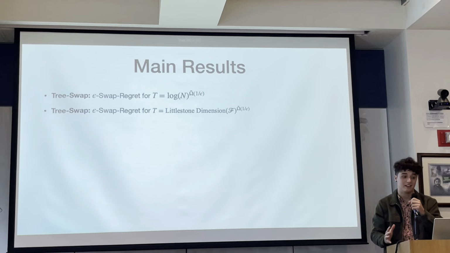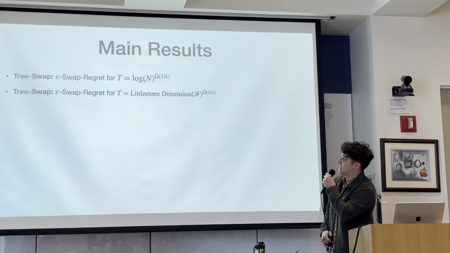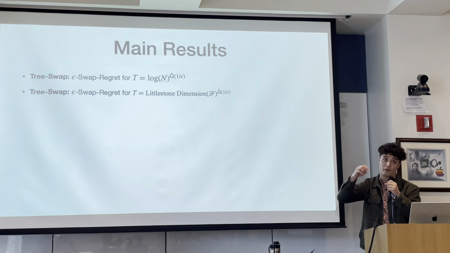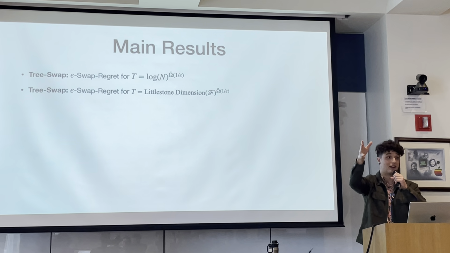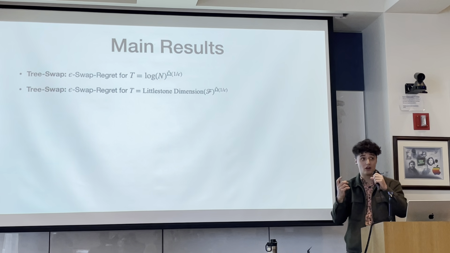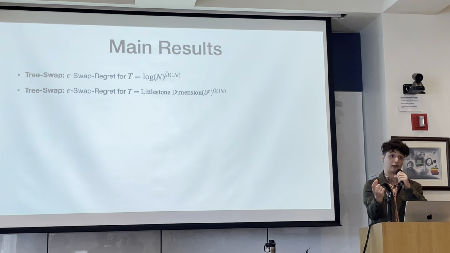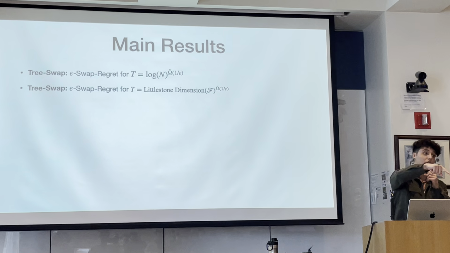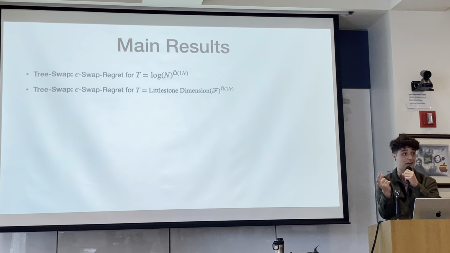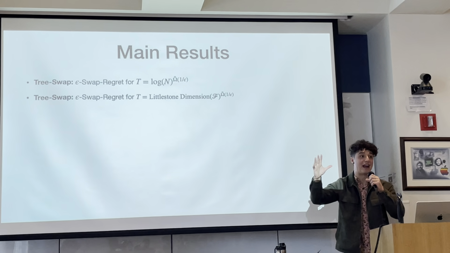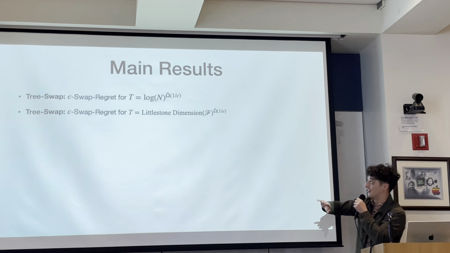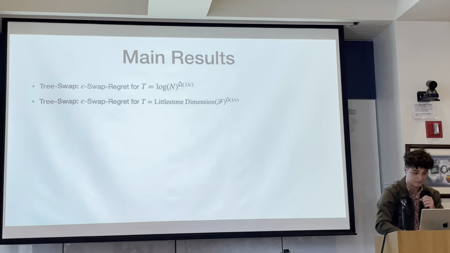We also prove that TreeSwap can attain a swap regret of this, which is a function of the Littlestone dimension. I won't go too deep into the definition, but if you're familiar with classic learning theory, you know something called the VC dimension, where we could have a hypothesis class that's infinitely large, but as long as it has a finite VC dimension, we're able to do PAC learning on it. The equivalent for external regret learning, online learning, is the Littlestone dimension. We could have infinitely many actions, but as long as Littlestone is finite, we can do it. But it was not known for swap regret if it was ever possible to do no swap regret learning when there are infinitely many actions. We prove that we can do it as long as Littlestone is finite.